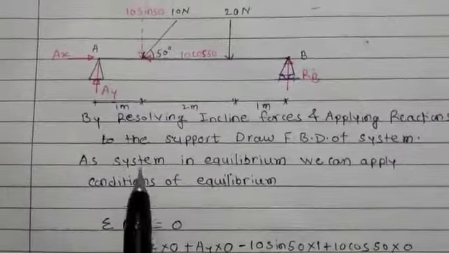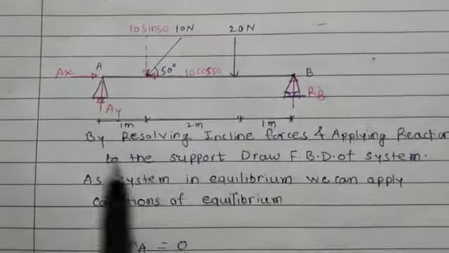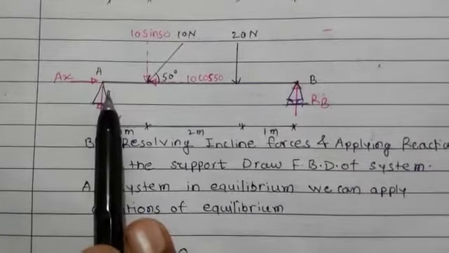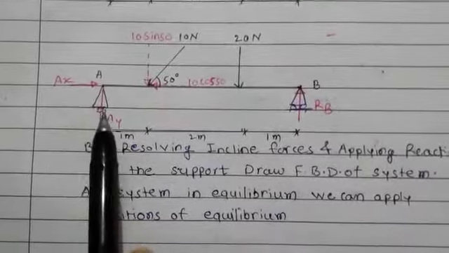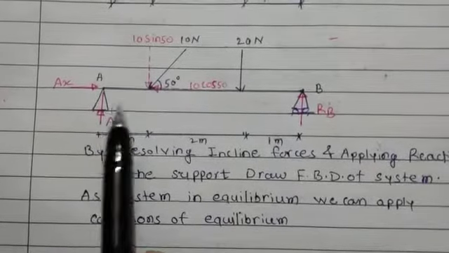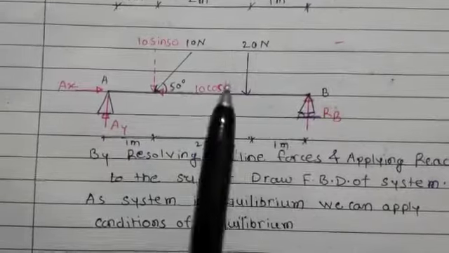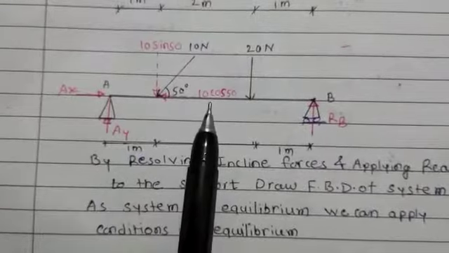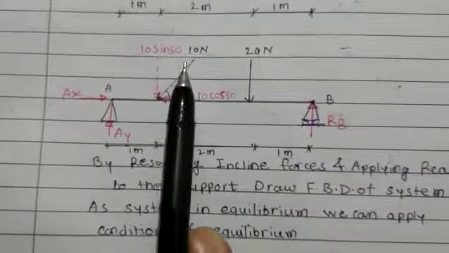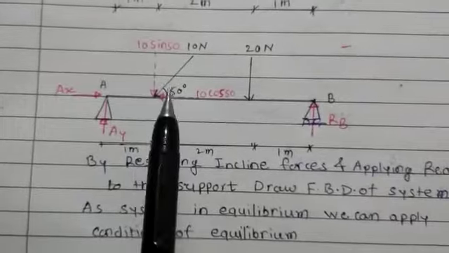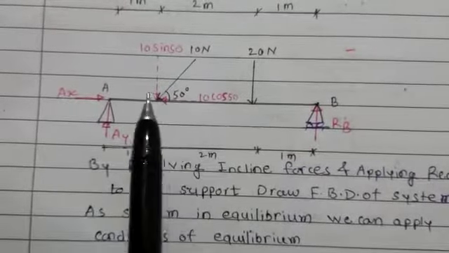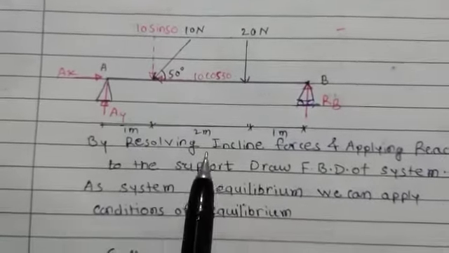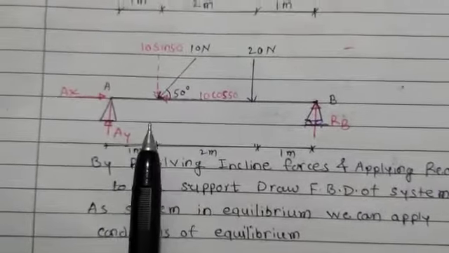Then here we have to take moment of each force from this system about point A and equate it to 0. So first force is AX, AY, and another force is RB also, 20 Newton, and this 10 sin 50 and 10 cos 50. In the answer we should not take this inclined 10 once again because we have already resolved this force into two components in the red. Then we will take the moment of each force.